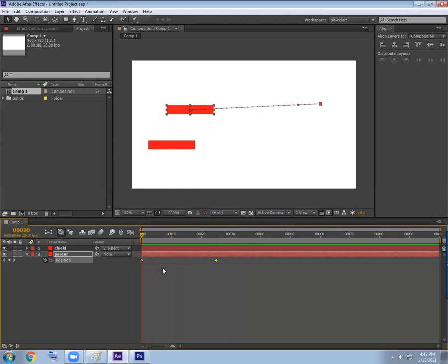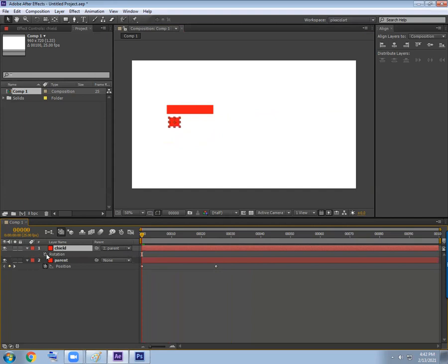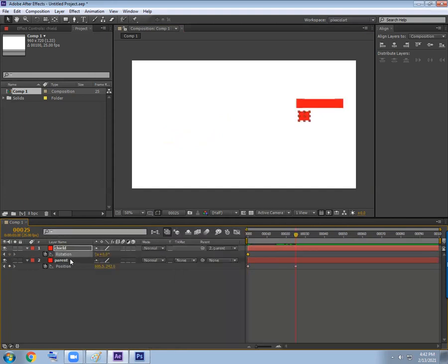Now in this case, if this object remains a very small one, and let us make that a wheel, and we make a rotational movement to this, then it will have its own rotational movement as well as it is moving. Is it clear? The child does have its own movement and it goes along with the parent.